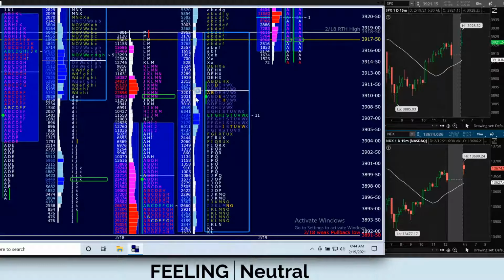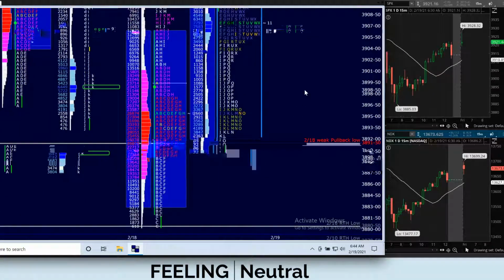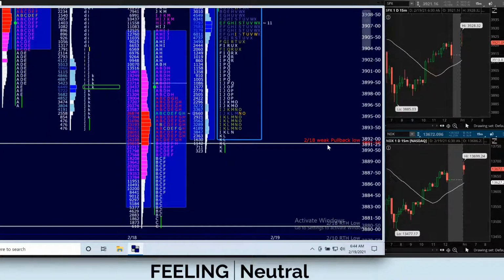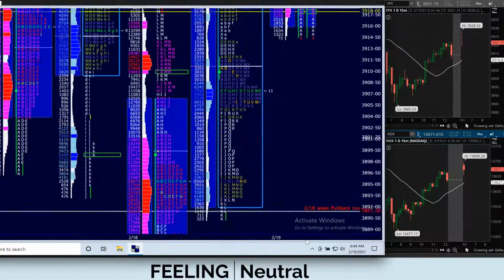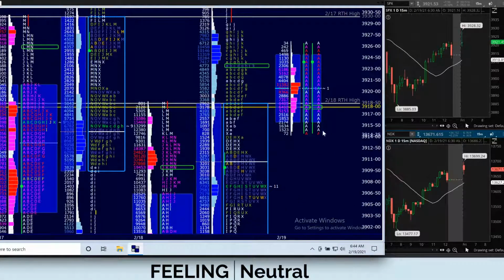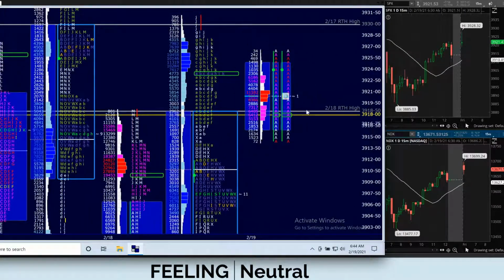I think by the time it gets below yesterday's closing price, the market has changed its attitude and it's bearish. And then we start looking at the opposite end of the range, or at the very least this weak pullback. But it does feel like it's finding support in here. It's just a very slow, grindy process. So we'll just wait it out. Again, don't love the 72 contracts on the low.